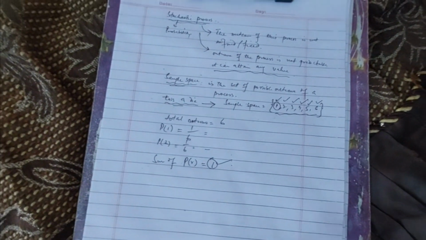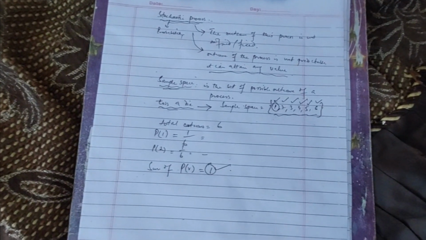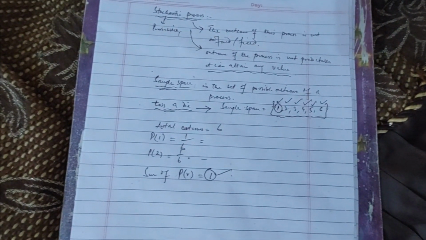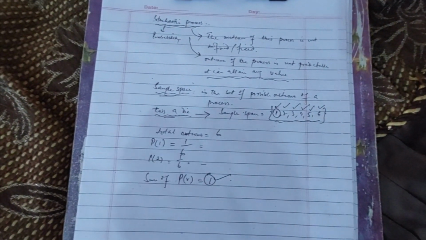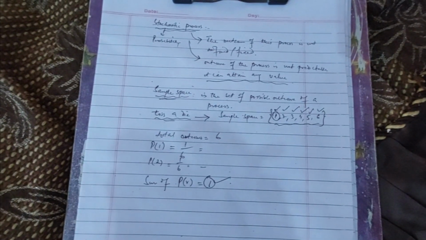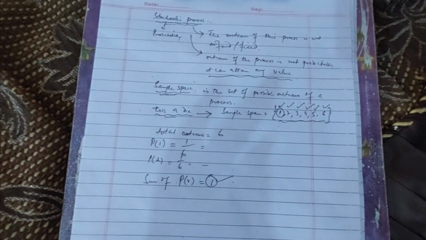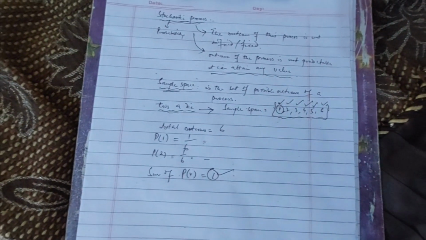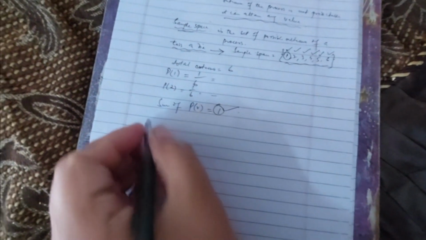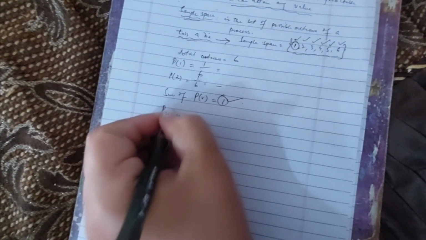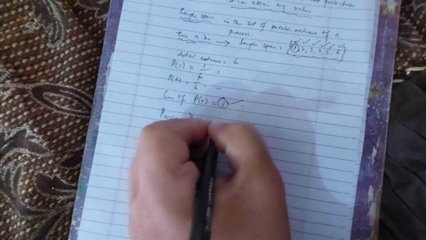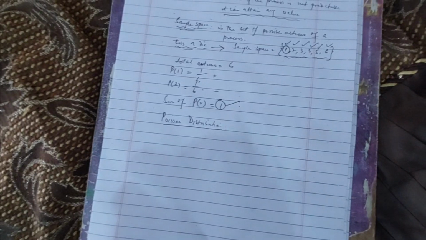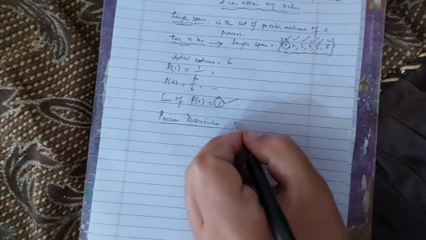So these are the basics of the stochastic process. I hope you have understood these things. Now we will carry forward the topic and we will go towards the Poisson process and Poisson functions. So let's define the Poisson distribution. The Poisson distribution actually models